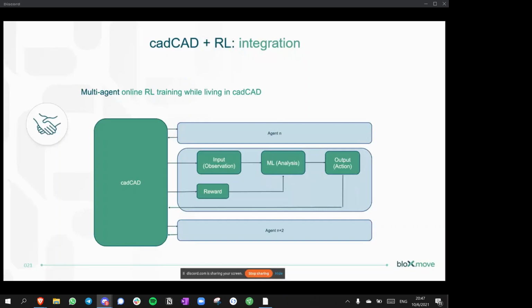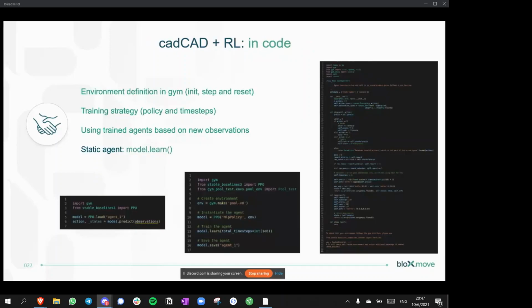And here, if we go a little bit into the code, these are some snippets of GMAI. So as you can see here, you can believe me or not, but this is everything you need to create a reinforcement learning solution, starting from the right to the left. At the right, we have the environment description, and we need to define the environment through the dynamics of it. So we need to define the environment based on the actions of all the agents and based on how this environment is evolving based on